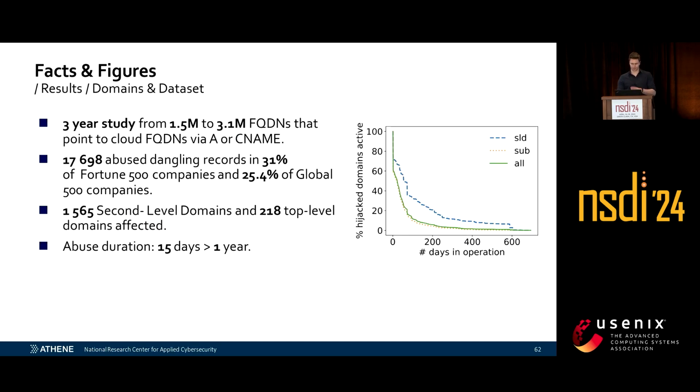So this is kind of what we did, and we did the study over a period of 3 years, starting with about 1.5 million cloud-hosted domains. So the filtered list of cloud-hosted domains was 1.5 million. And over the 3 years, we kept adding some more, so we ended up doubling that number by the end of it. And among those